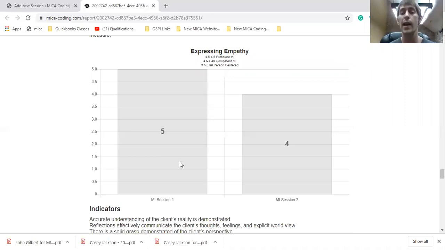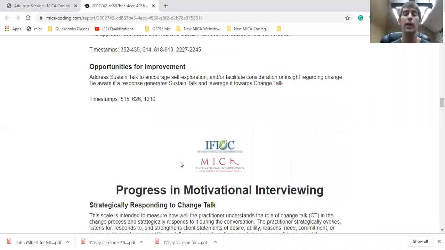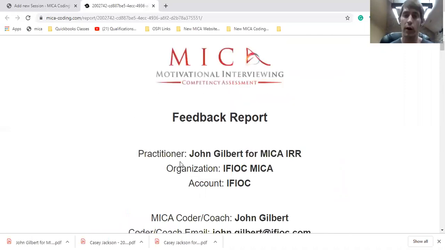If you do that, and then you have a coaching session and you keep that rhythm going, you are likely to get a lot of bang for your buck with the amount of progress you'll make in the shortest amount of time and for the longest amount of staying power. So hopefully this has been helpful for you on how to read the reports and how you can use them for maximizing your